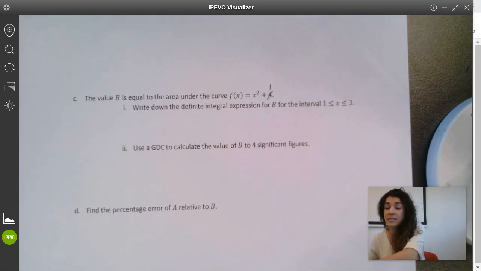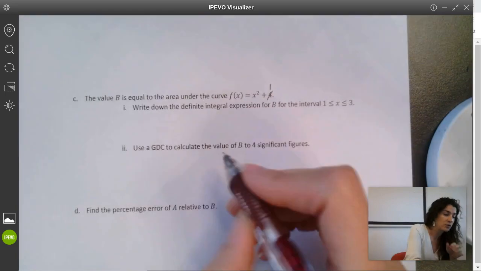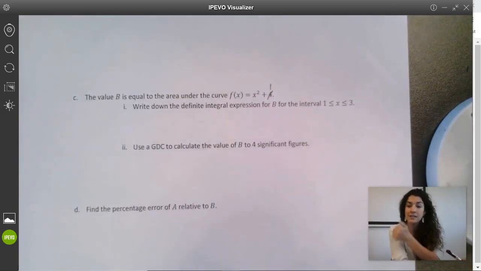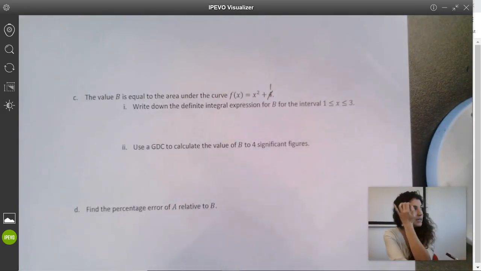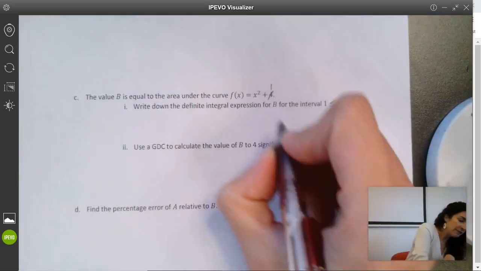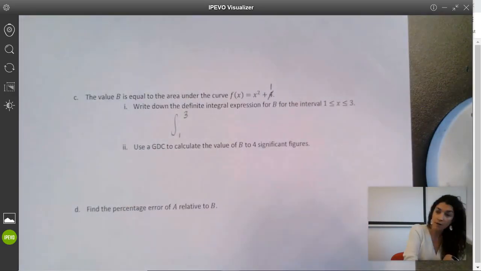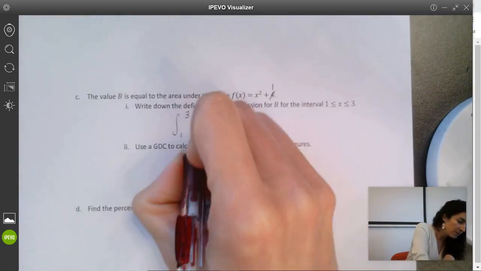It says write down, and this is not the approximate, right? This is just the exact value. So this is no longer an approximate. So it says write down the definite integral. The definite integral is the only way to find the exact value. So the definite integral expression, integral from 1 to 3 of f of x, which is x squared plus 1,